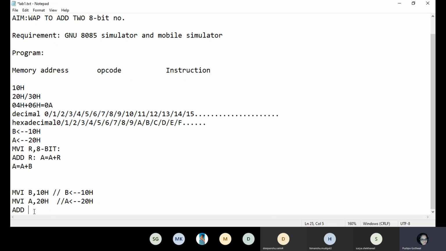Am I audible? Yes, ma'am, you are audible. Can you give me the answer for that? See, it's clear, na? I said it. What is add R? R can be any register. If I want to add A plus B, you know A is the default register. You wanted to add B, so B should be here. According to this syntax, what do I have to write in place of R? B. Yes, it's clear. Add B.